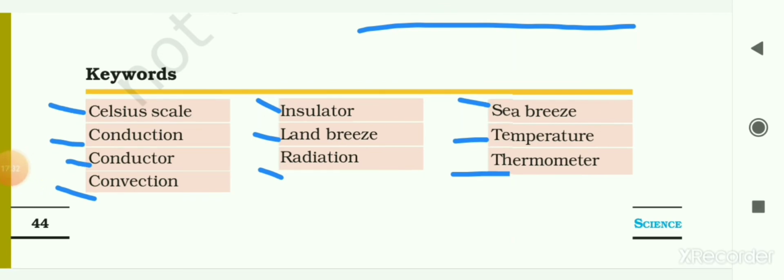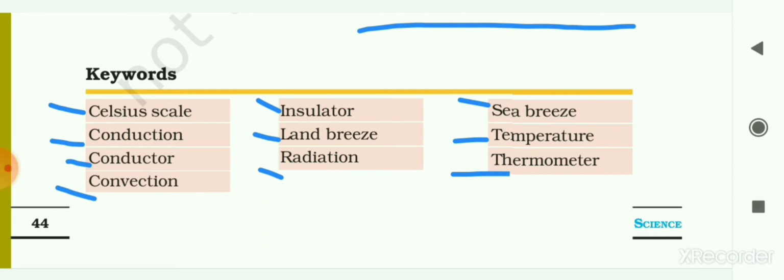In this video we had seen that dark color objects absorb radiation better than the light color objects, or they can absorb more heat as compared to the light color objects, and this is the reason why we feel more comfortable in light color clothes in the summer season. Then we had seen woolen clothes keep us warm during winter, because wool is a poor conductor, or you can say insulator of heat, and it has air trapped in between the fibers. Then we had seen that normally heat is more absorbed by black objects as compared to white objects.